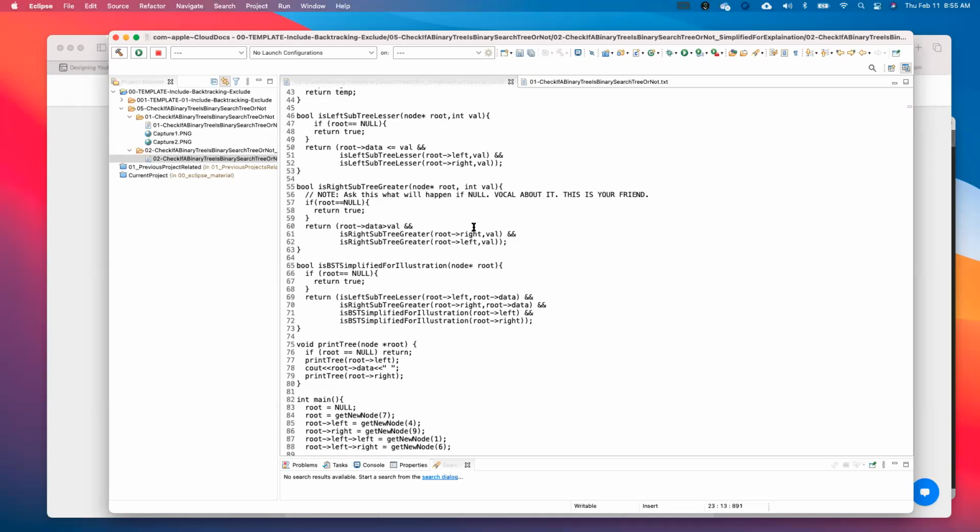Is this part not redundant here? Yeah, that I was thinking. The repetitive part looks like this BST simplified part. I'm not sure. These two calls, this one or the below one? The below one.